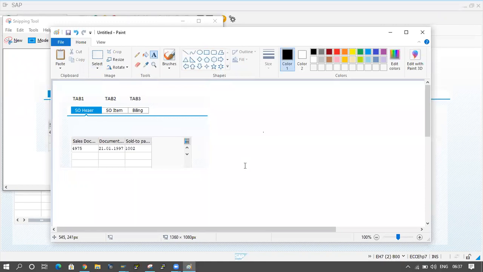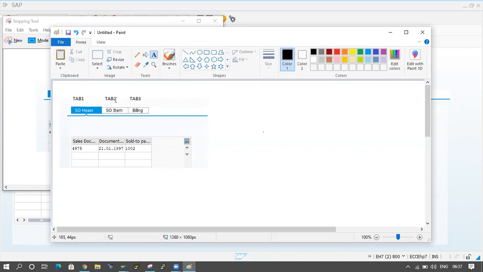By default, the first one will be selected, that is okay, and I am clicking on the SO item button. In the logic, if I click on this button, the function code it triggers is tab 2.